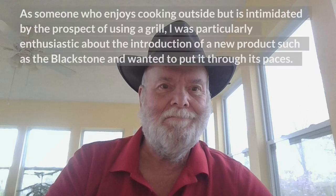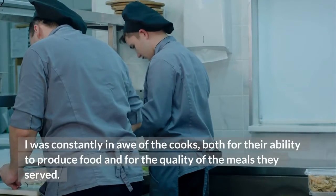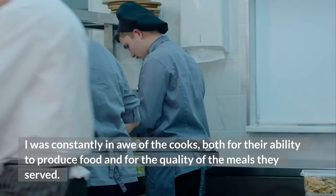As someone who enjoys cooking outside but is intimidated by the prospect of using a grill, I was particularly enthusiastic about the introduction of a new product such as the Blackstone and wanted to put it through its paces. I worked in the restaurant industry for 20 years, in positions ranging from fast food to fine dining. I was constantly in awe of the cooks, both for their ability to produce food and for the quality of